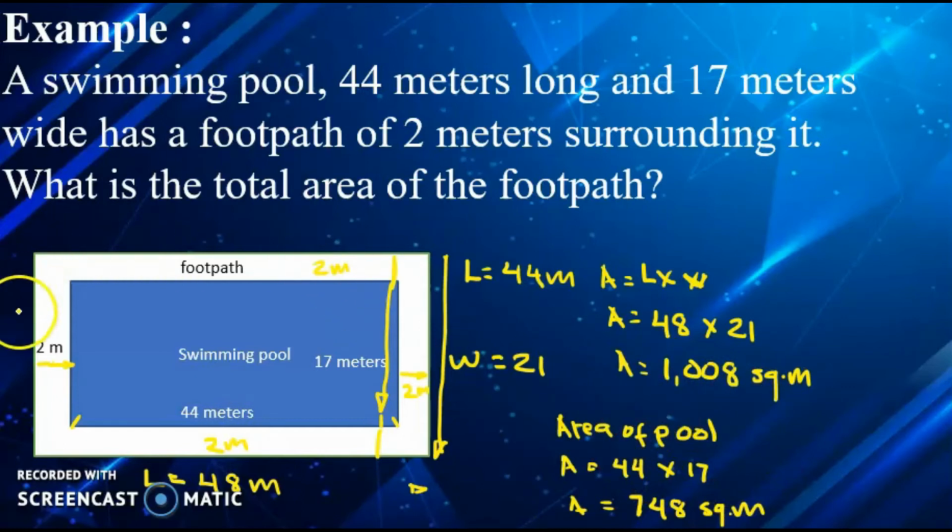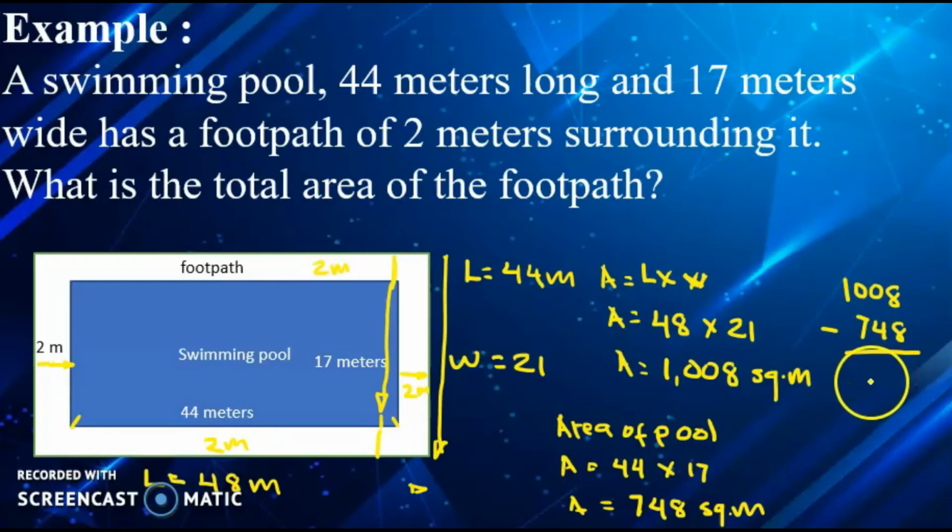So, yung total area nito, total area, which is 1,008 minus 748 square meter, which is yung area ng pool,